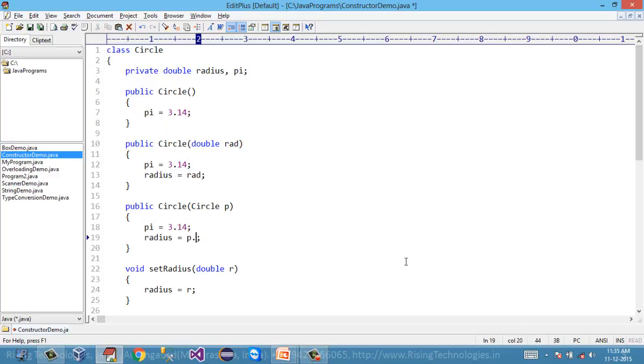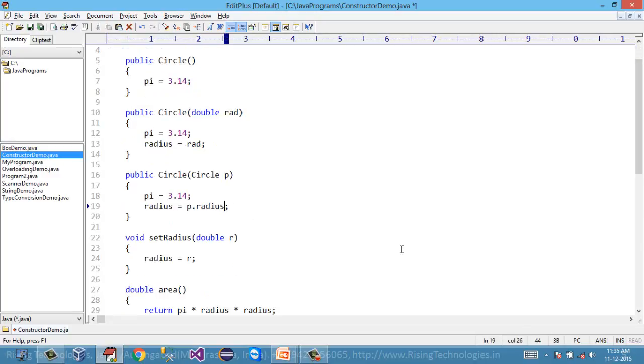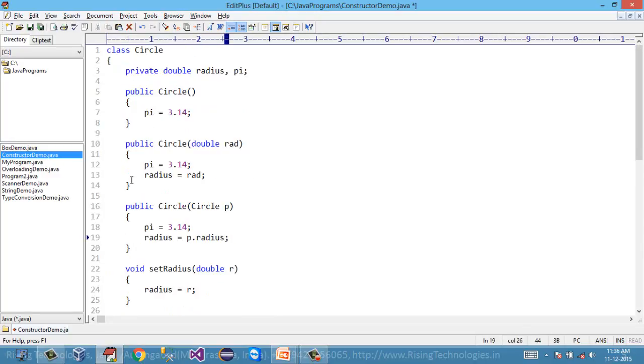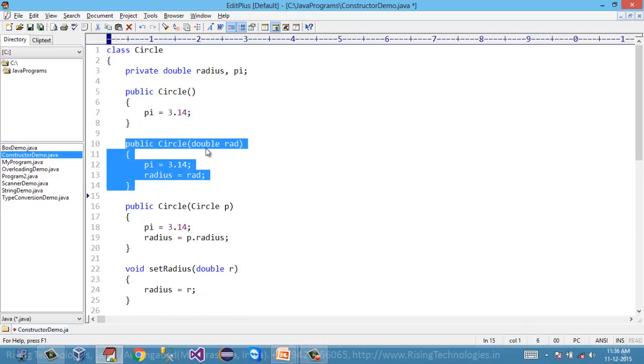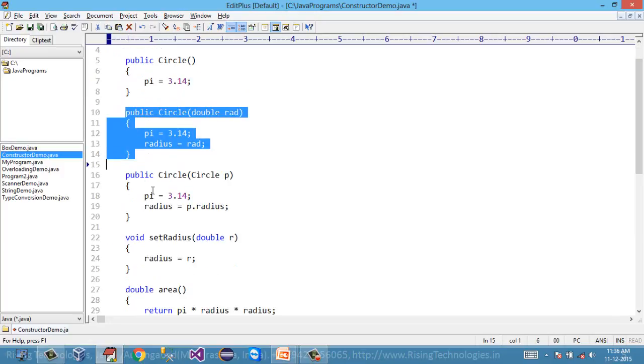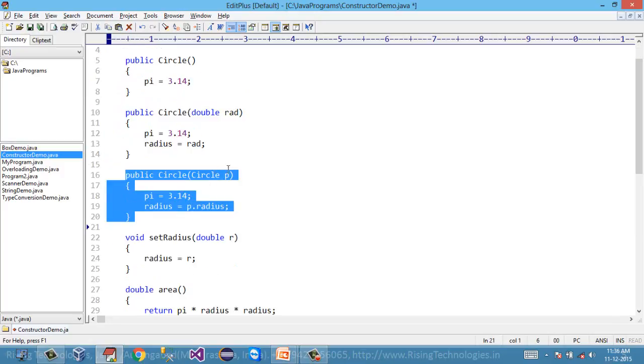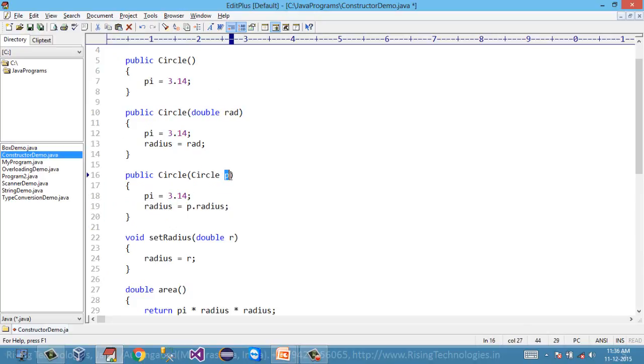So I'm going to say p dot radius. So currently I have 3 different kinds of constructor within this class. One is default argumentless constructor, another constructor that takes a number as a parameter and it initializes your object. One more constructor that takes a circle object as a parameter and it copies the internal state of this object